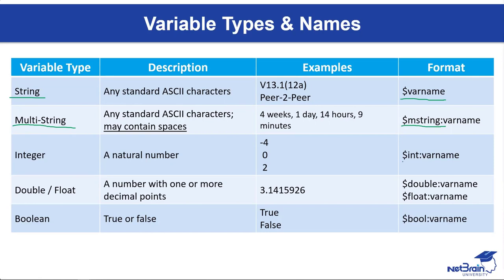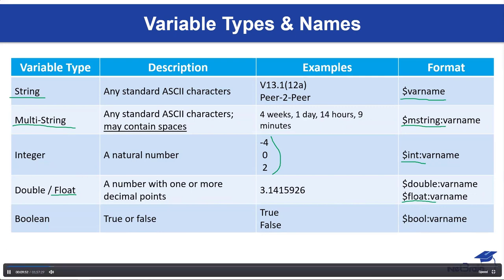Now, if we do want to be able to do math, there's two different types of number variables. So there's an integer, int: and that's a positive or negative number without any decimal point. And then there's a float, which is a positive or negative number that may have a decimal point. So that's float: and then the variable name. Depending on your version of NetBrain, the interface